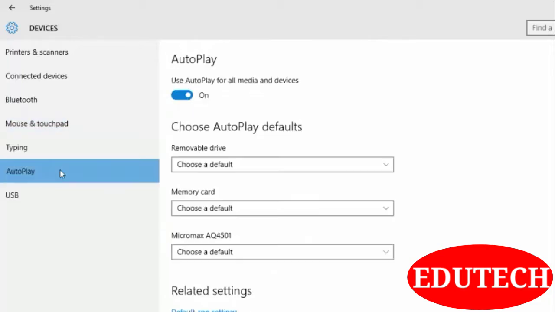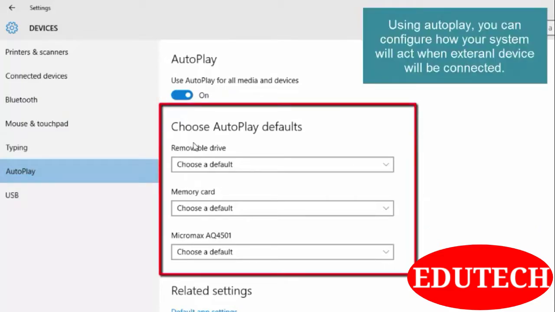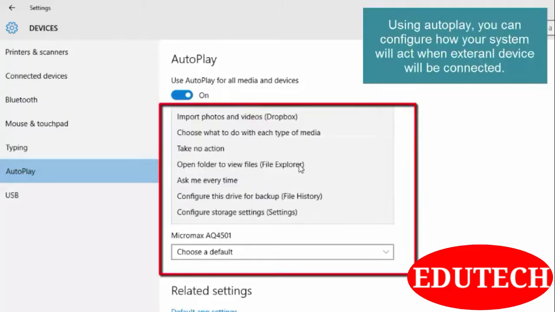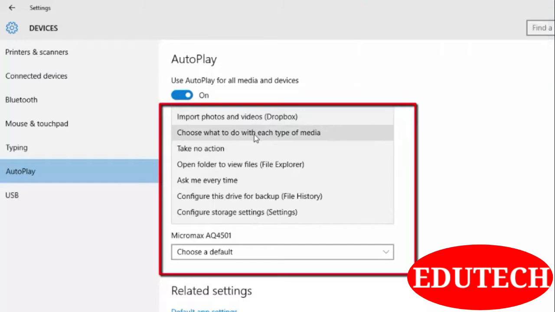Now let's see autoplay. What you want to do when some removable drive is connected to your PC, you can choose it here. You can choose what to do with each type of media.